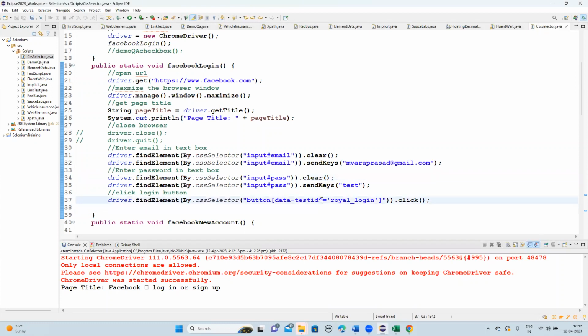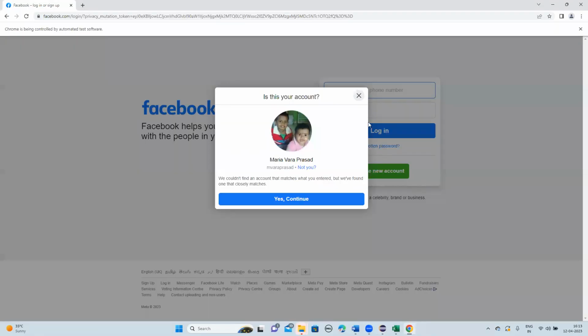It is a special character we are using to define any attribute that begins with a specific string. So if you want to define any starting string of any attribute, then you should define like this, guys. Suppose you want to define any ending string. Now I'm going to change this to an ending string. Login underscore button is the ending string, correct? In this application, if you look at this,